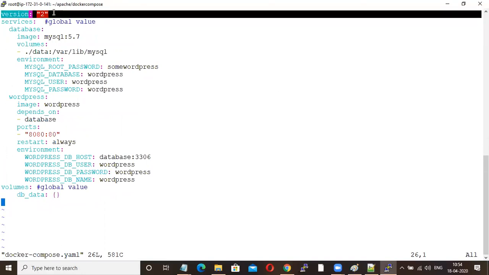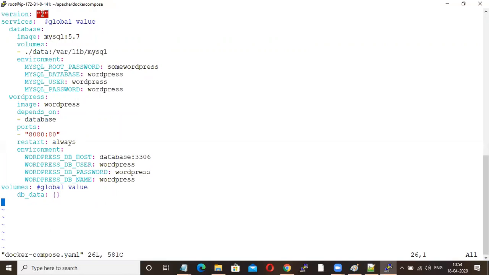See, this is your Docker Compose file. This is the version; version 2 is a little bit older, the newer version is 3, so I'll use version 3. Then I'm going to launch 2 services. Database: this is my database image name.